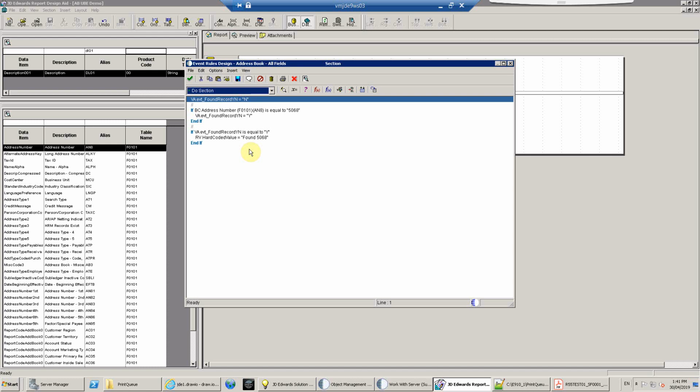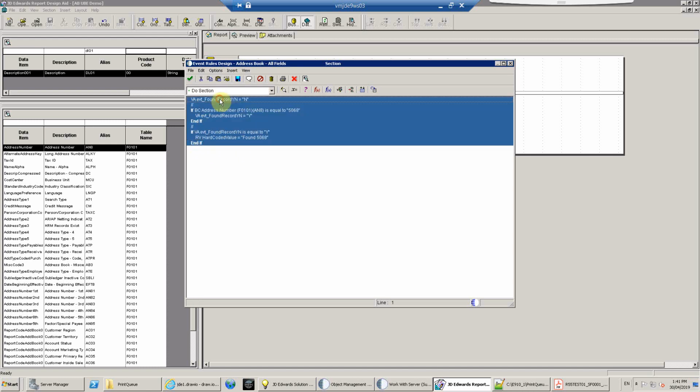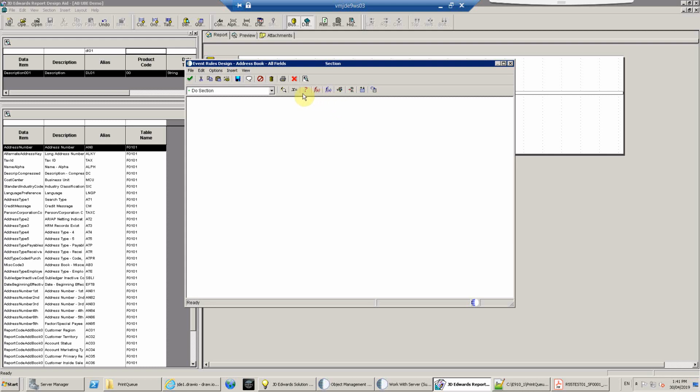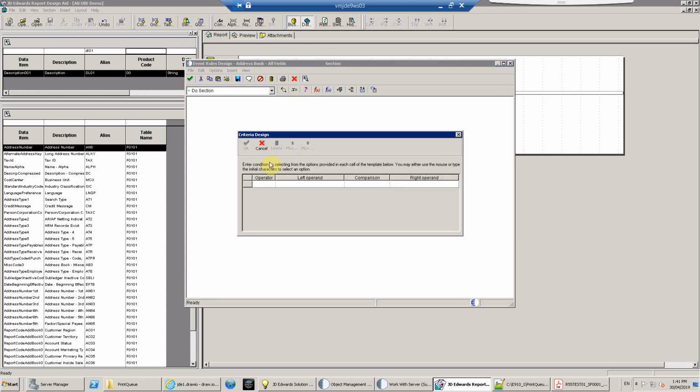I want a batch application to do a mass change in the system, to update all the search types that I put in my data selection to search type C. I don't want to have a user go into every single record and change from E to C. Say there's some sort of change that happens in the company, and I want to take all of my search type CM and convert them to search type C. Let's say that was some requirement that they had. Well, what I could do in here, okay, is just, if